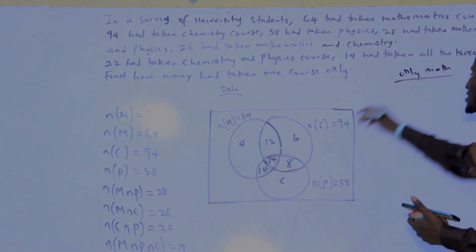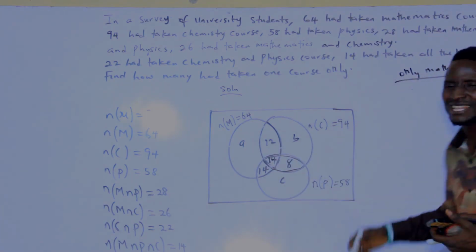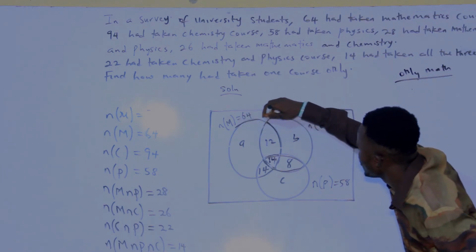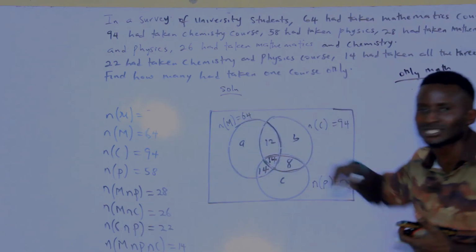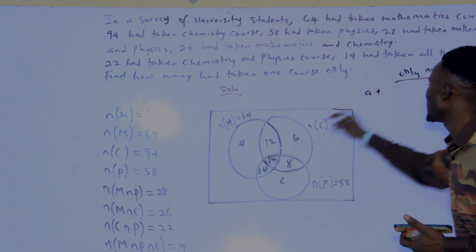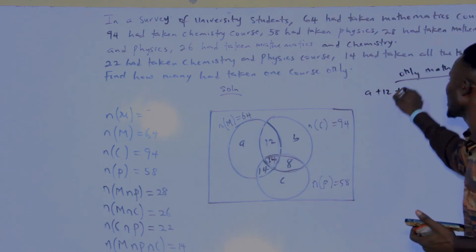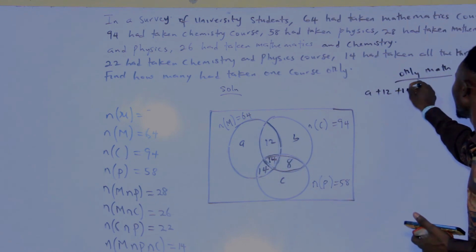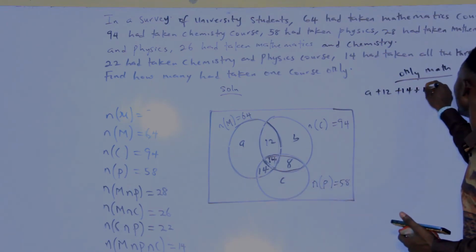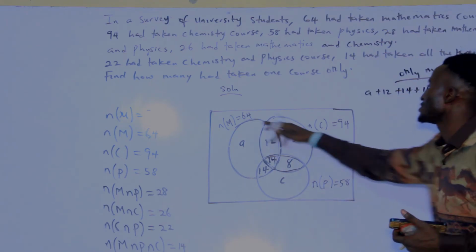How did I know only mathematics, which is A? Don't forget that the summation of this circle must be equal to what? Must be equal to mathematics. So that means we have this A plus this 12, check the circle of mathematics, plus this 14 plus the next 14 must be equal to what? 64, which is the total of the